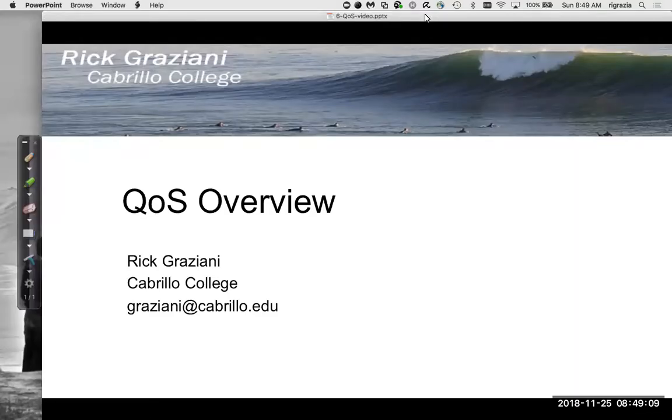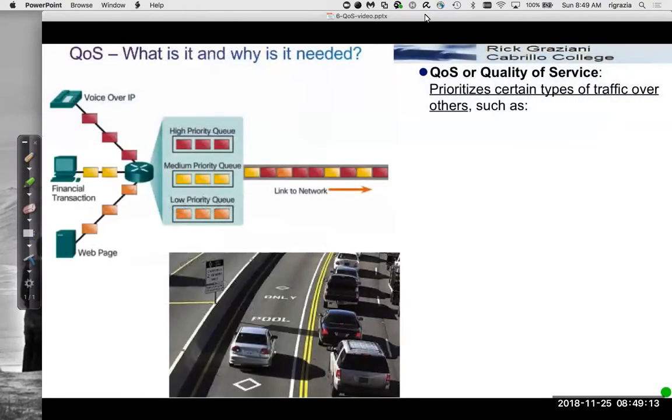Hi, let's talk a little bit about QoS, quality of service. Quality of service, QoS, what is it? It's a way to prioritize certain types of traffic over others, such as video traffic, voice traffic, or some kind